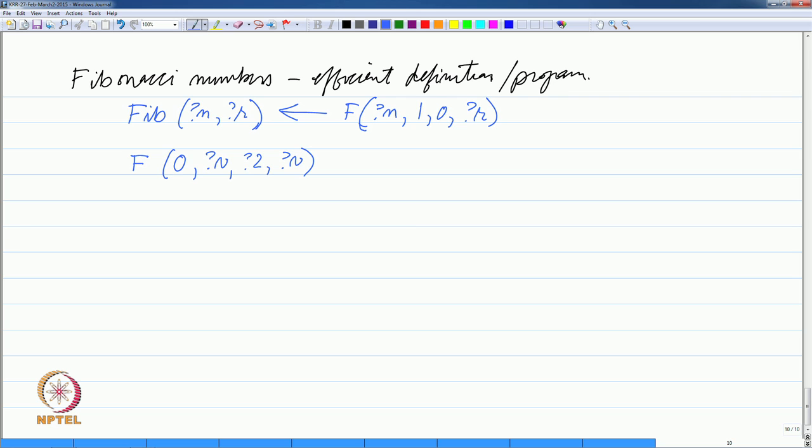So, we are going to recurse on n as before, and when n becomes 0, this particular thing will hold essentially. Otherwise, if you are looking at the n plus first Fibonacci number,